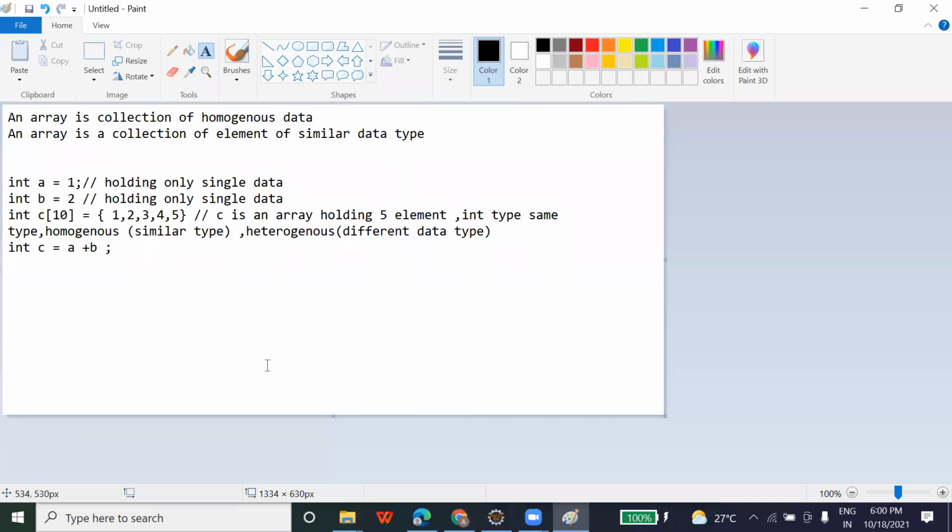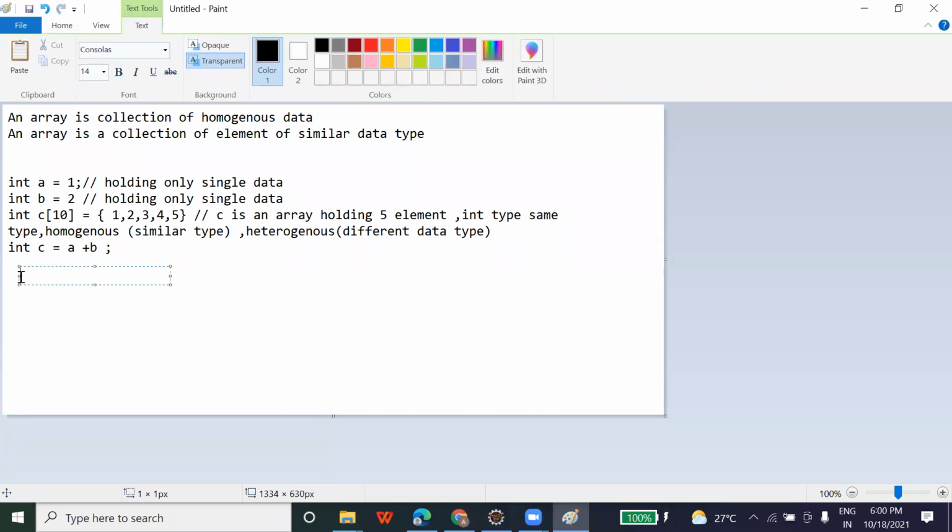Now we are going to talk about the syntax of an array. If I write it like this, let me declare a float array, float f, and here will be a size. The syntax is this one first.